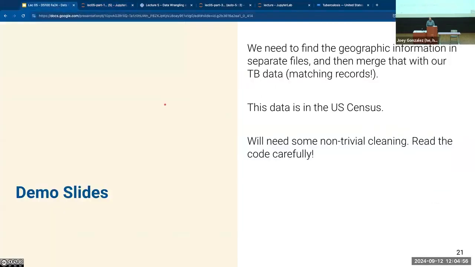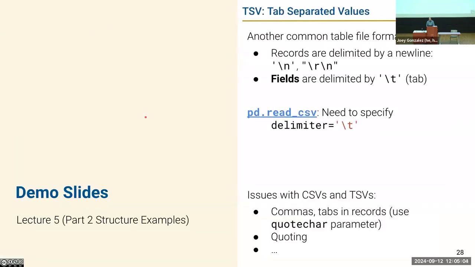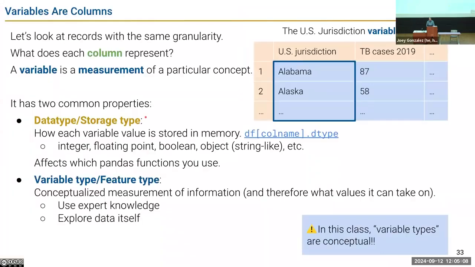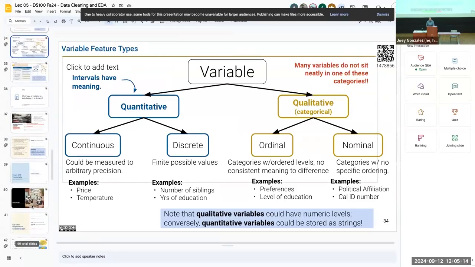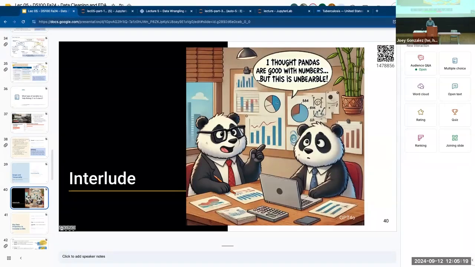Return to slides. Demo complete, structure. We're a little bit behind schedule, so I'm going to jump to a break for a moment. We'll come back to some of these structure tasks. So let's do this. Let's take a 3-minute break, do a short interlude, and then we'll continue on some of the structure.